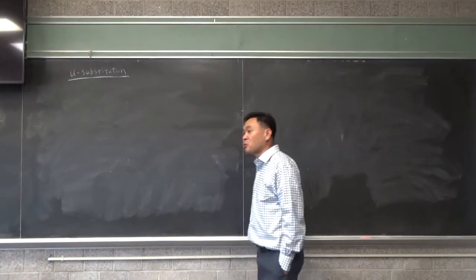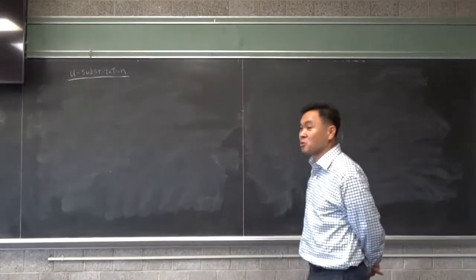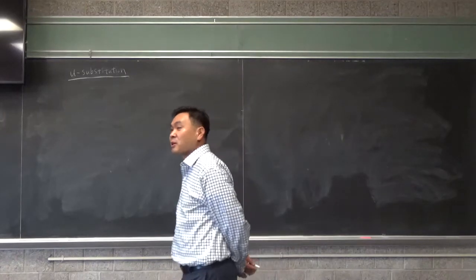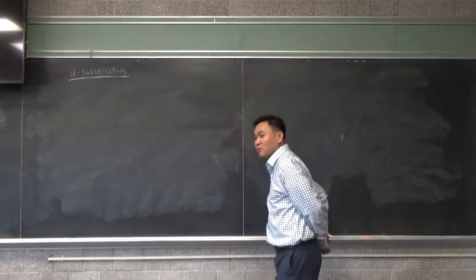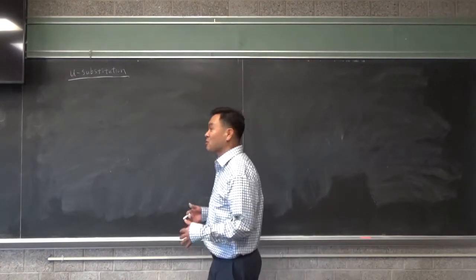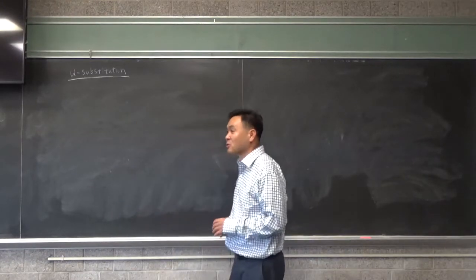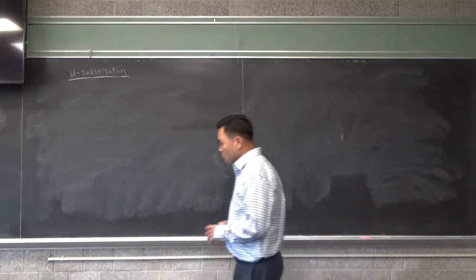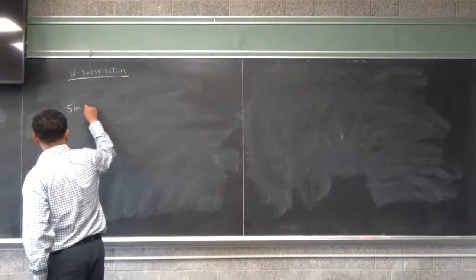I know some of you already took AP Calculus and you know U-substitution already, but for the time being, I want you to pretend that you don't know how to do U-substitution. You only know how to differentiate, so that the result is that you'll get a better understanding of how U-substitution works. Okay. All right, so we're going to start with sine of x squared